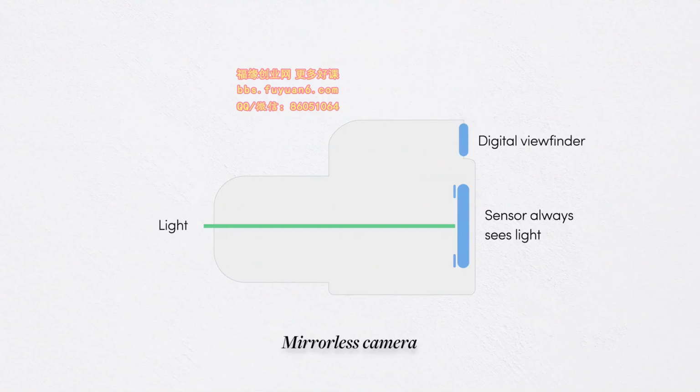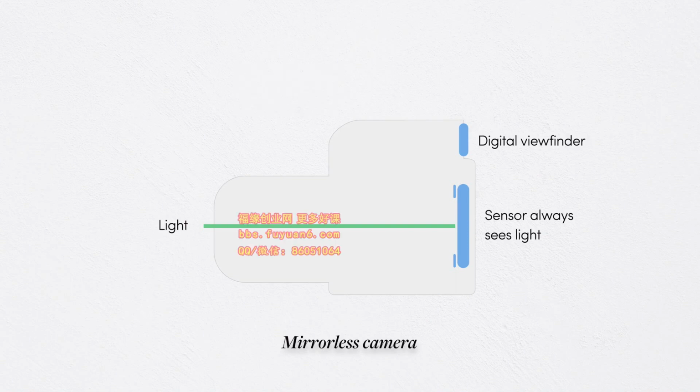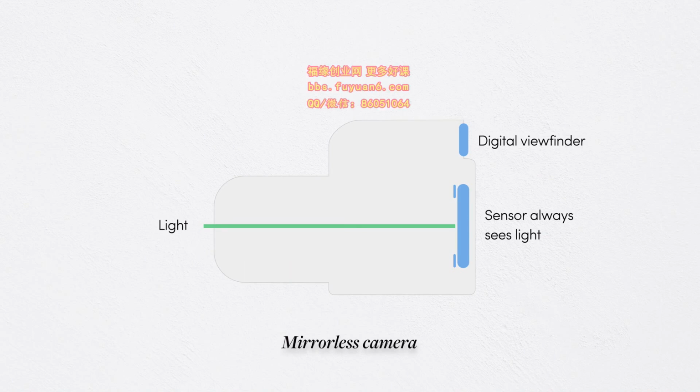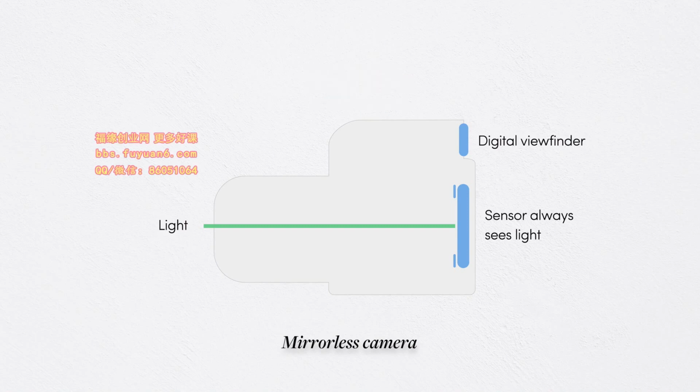And this is where the newer technology of mirrorless cameras comes in and really fixes this issue. As the name implies, mirrorless cameras don't have the complex mirror-flapping structure of DSLR cameras. Instead, with a mirrorless camera, the light comes through the lens and hits the sensor directly all of the time. There is still a shutter in front of the sensor to make the exposure and quickly open and close, but the technology of having the light always exposed onto the sensor means that you can preview exposure changes in real